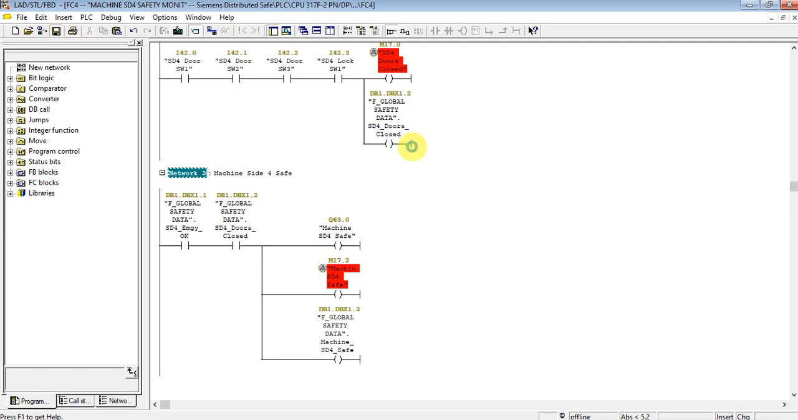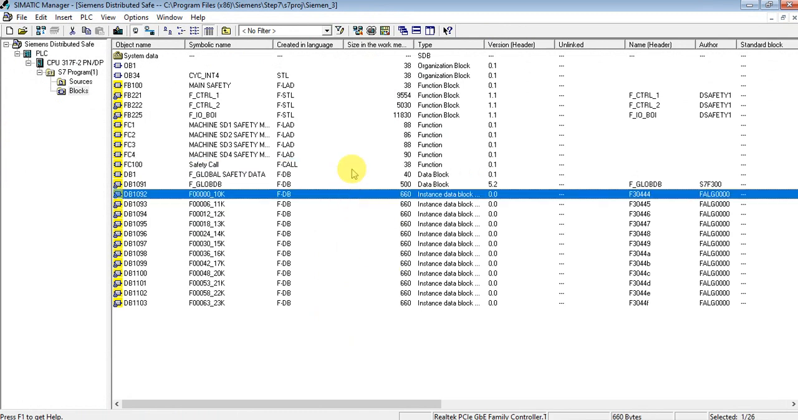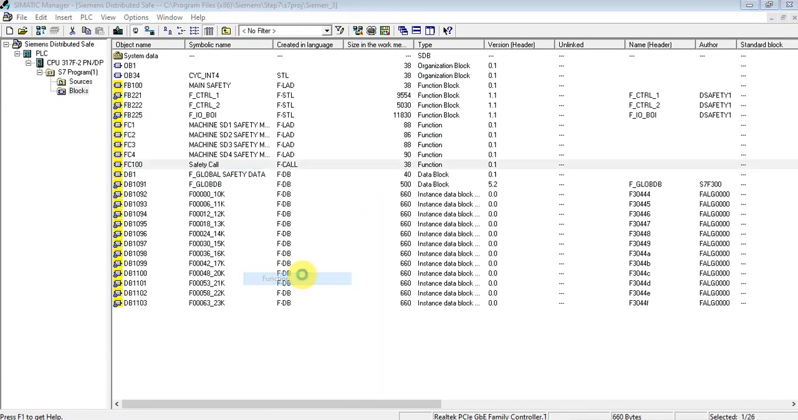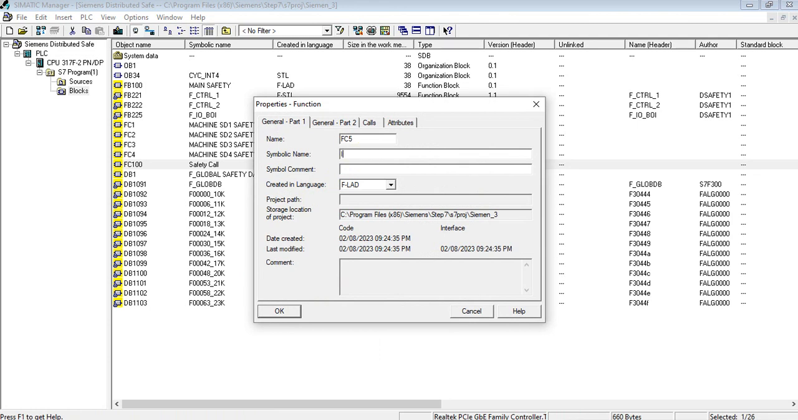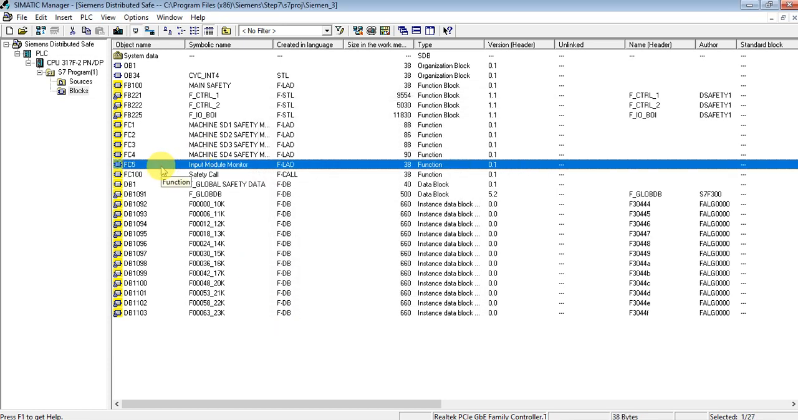Okay, for the sides I have created them. Let's add one function that monitors the hardware input modules. Okay, input module monitoring. If one of the input modules is not working, automatically the safety module will detect that one,